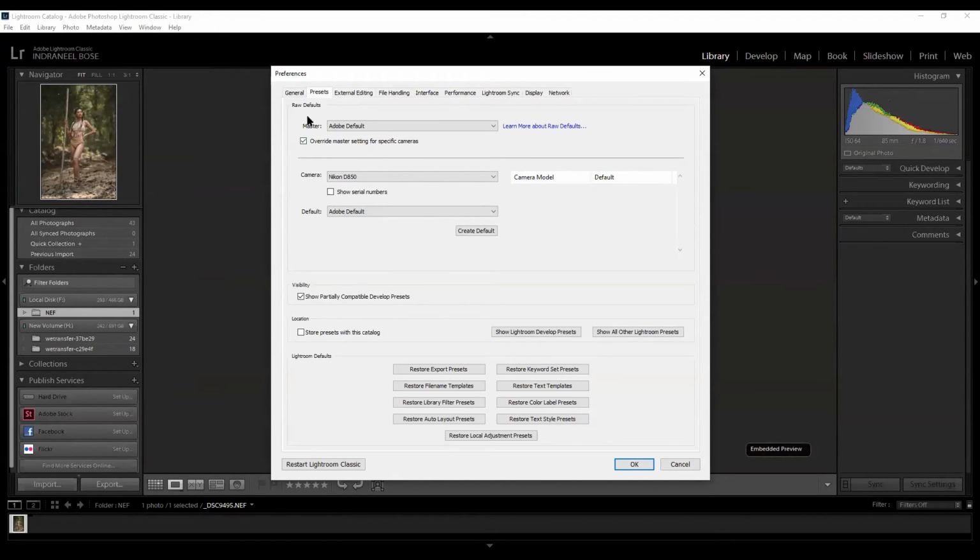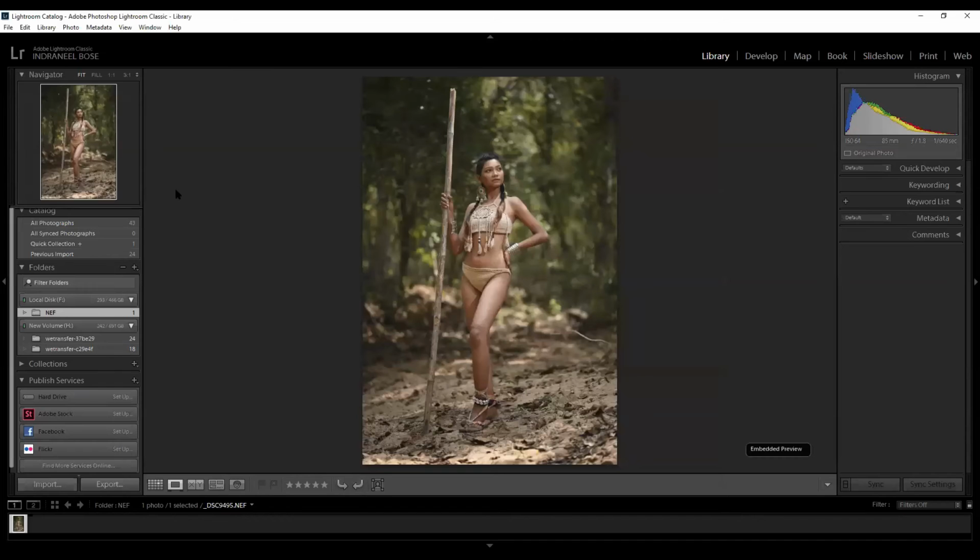So check on that first thing, to assign this with the serial number which is written over there. Actually, in mine it's showing make default specific to camera serial number. You check on that. Okay, I checked on that. Next time you come down, you will start seeing the models which you have clicked with.